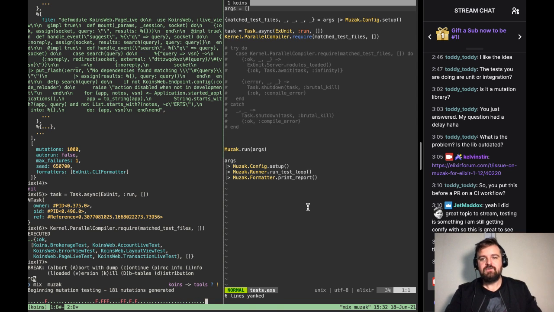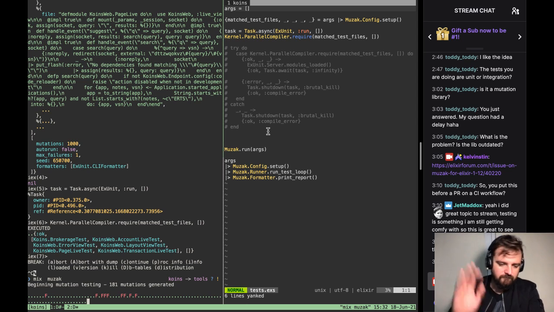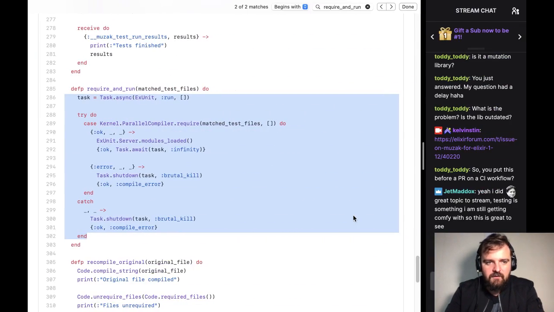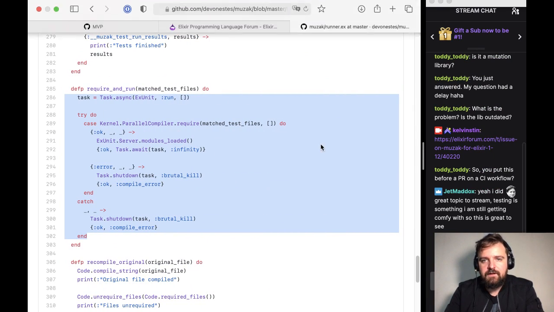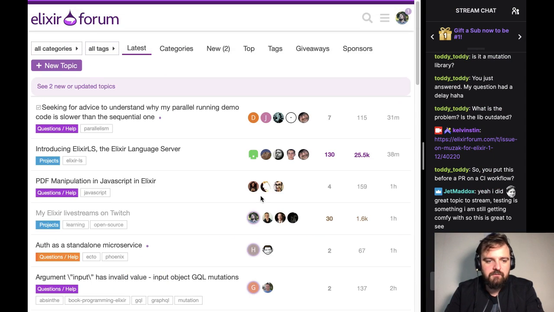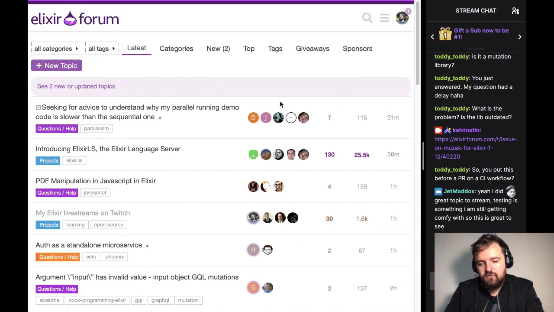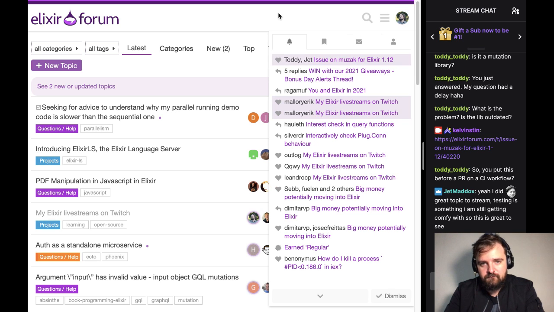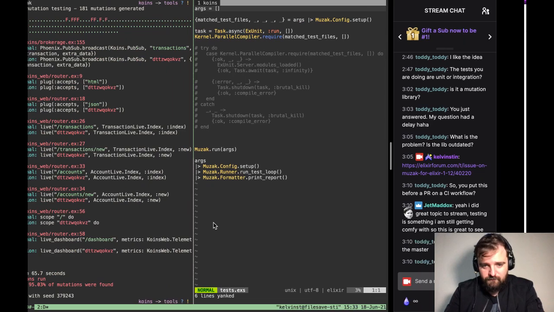So anyway, you saw a little bit of how I try to solve problems on a daily basis. Like when something happens on this lib that I'm using, and I really do not know why, I really dig into the code like this. That's really common to happen. And yeah, Muzak is still not working with Elixir 1.12, so unfortunately, yeah, thanks for loving it too. Not sure if 2 is gonna be enough though,